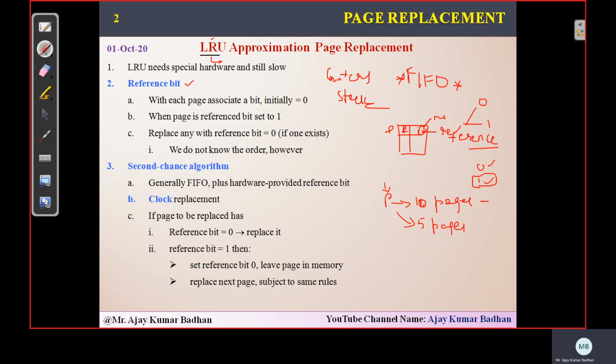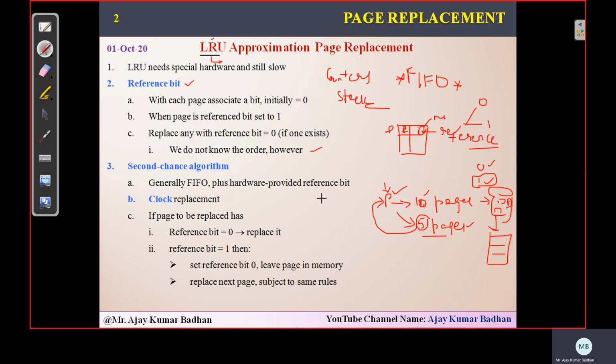The remaining 5 pages are actually present in your backing store. But in order to execute this process, we bring these particular 5 pages from the backing store into your main memory, isn't it? But wait, what about the remaining 5? Those are already present in the backing store. We are not bringing them in because with the help of the 5 pages alone, we are able to complete the task that this process wants to execute. In this way, we can easily identify which pages have been referred and which pages have not been referred from this scenario.